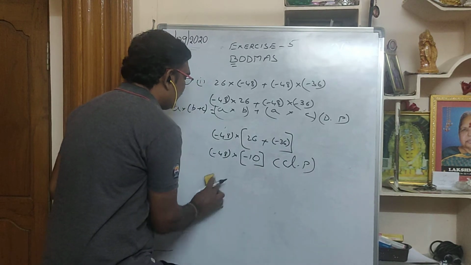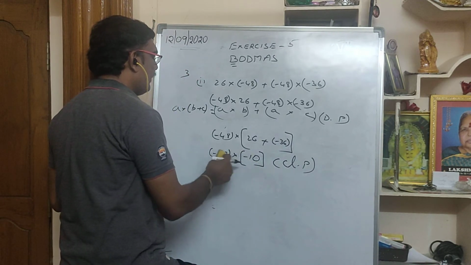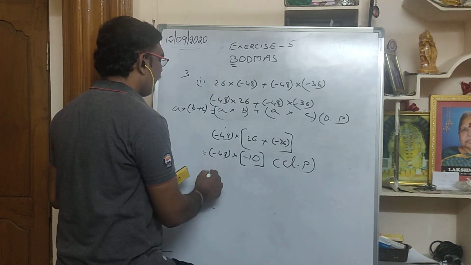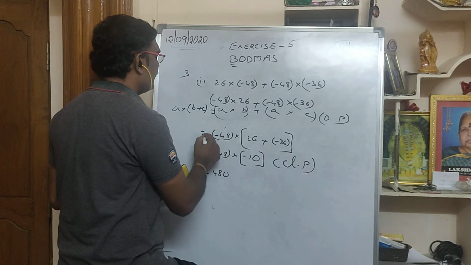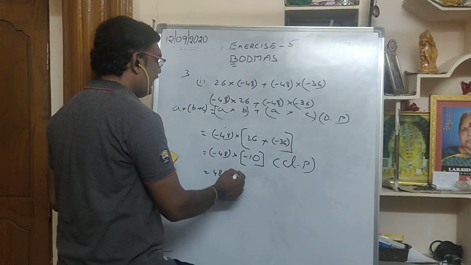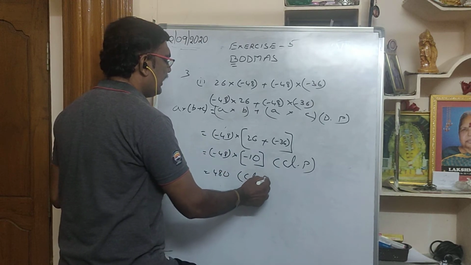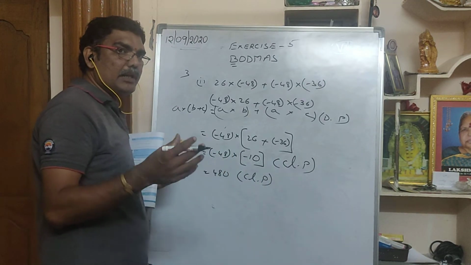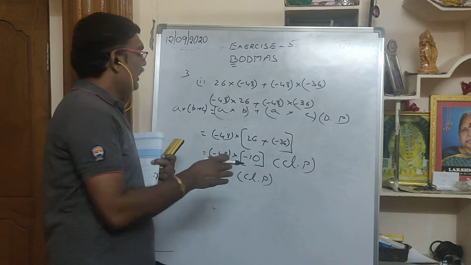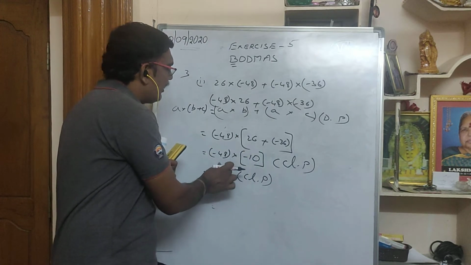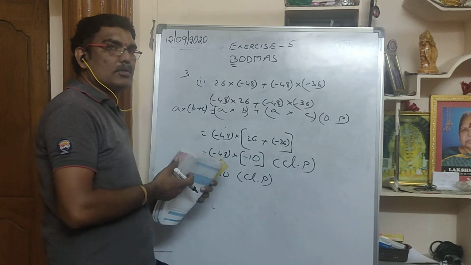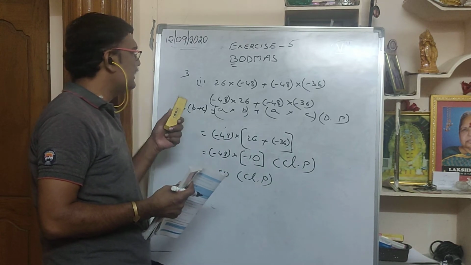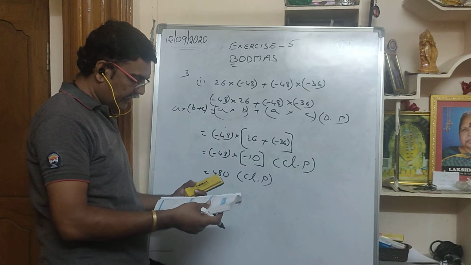Then again come over here. I took two integers and I am multiplying them. So minus into minus is plus. No need of writing, 48 tens are 480. So I got 480. Here also what can I write? I can write closure property, because I took two integers and I am multiplying them, and the product also I got is an integer. So by using properties I simplified this entire thing.